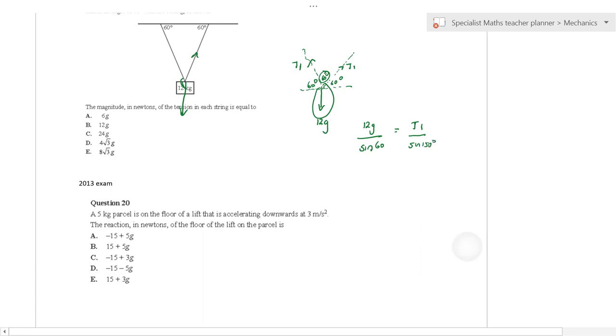Sine of 150 degrees is the same as sine of 30. So 12g over root 3 over 2 is equal to T1 over 1 over 2. That's going to cancel, so T1, the magnitude of tension in newtons, is equal to 12g